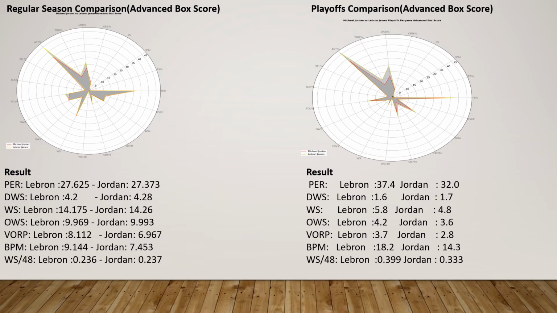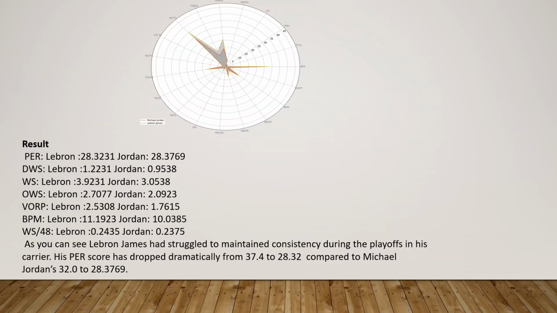Even though the regular season's a tie, when it comes to the playoffs, LeBron James tops Michael Jordan, and the graph really captures it and gives me the answer that I needed. This is pretty good. In addition to that, I plotted